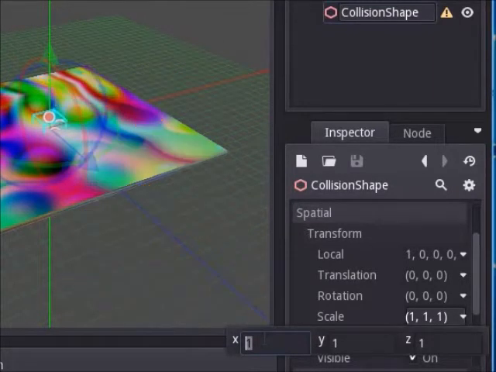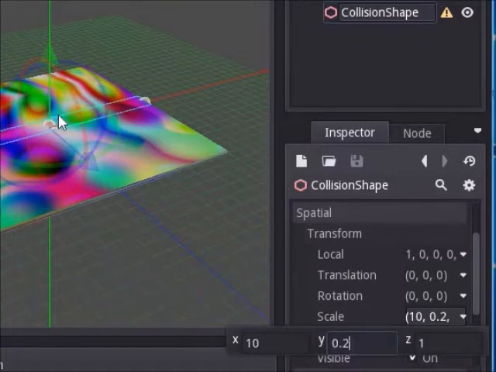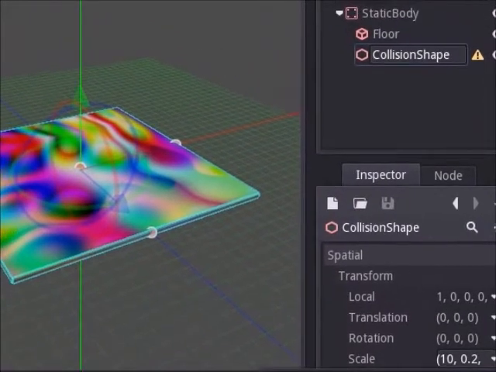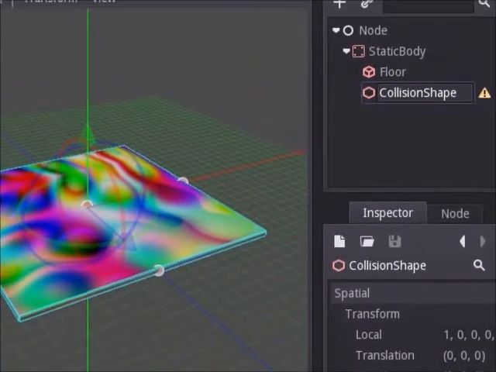So a collision shape will be 10 pixels long, 0.2 pixels thick, and you can kind of see it forming right here in this box. And then we're going to make our collision shape 10 pixels wide. So our collision shape is the same size as the floor. Okay, so now that we got our collision shape and floor, the final thing we're going to do with this